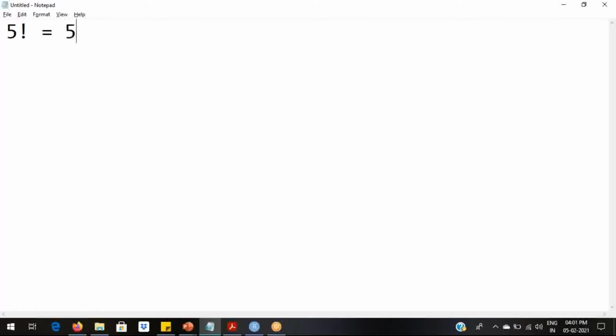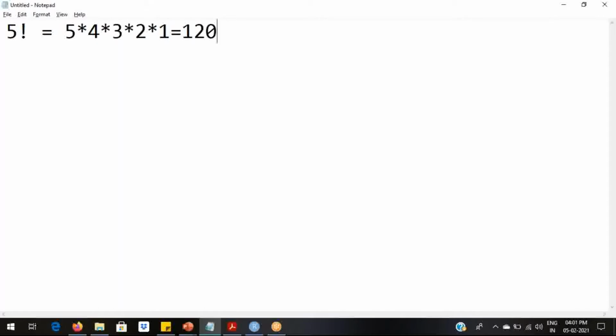So here it's 5 into value less than 5. Reduce 5 by 1, 4. Then reduce 4 by 1, 3. Then reduce 3 by 1, 2. Reduce 2 by 1, 1. So you should not reduce beyond 1. So 5 into 4 into 3 into 2 into 1 is 120.